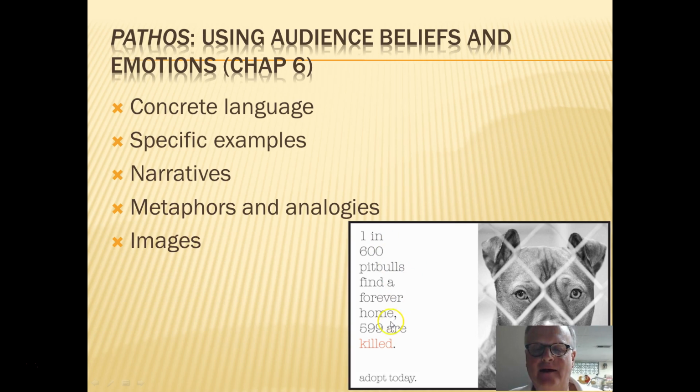But the data presented showing that by far the vast majority of pit bulls are euthanized, that's an appeal to pathos in the sense that we're saying, oh my God, this is a terrible tragedy that all these dogs have to die and only one of these 600 are going to get placed. So you've got an interesting combination here. We tend to think of pathos as, give money or this child is going to die, but it's really a little bit more complex than that.